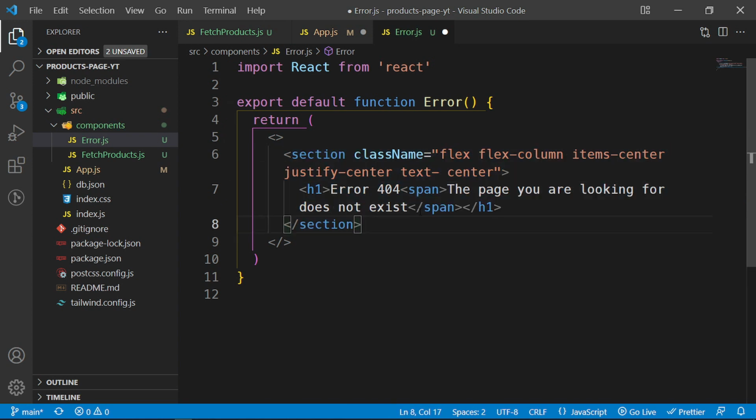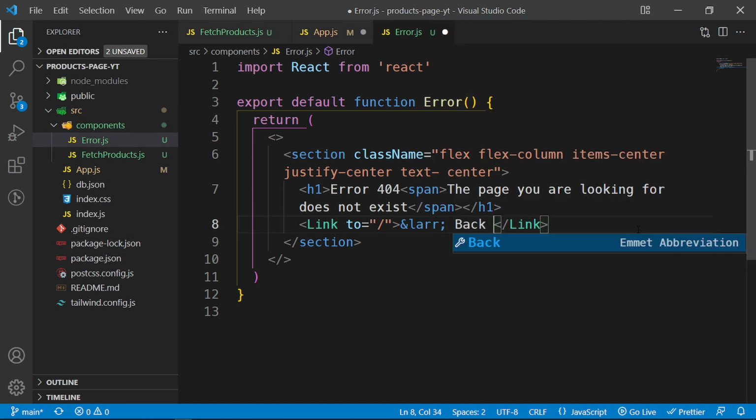Emmet comes pre-installed with VS Code, but if you're using another text editor, I'm not sure about them, I think you'd have to install them manually. Okay, so below this we're going to have a link, and this is obviously the link tag to the /. So back to the home page, and then I'm going to render a ampersand and LARR, so left arrow, that says